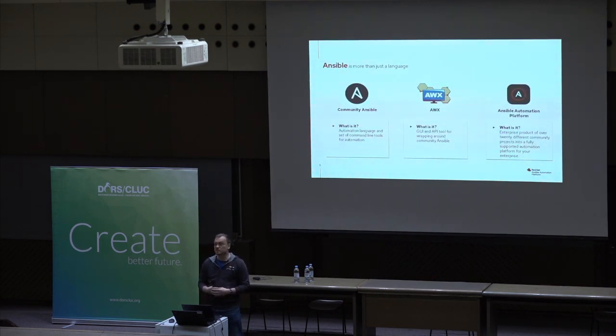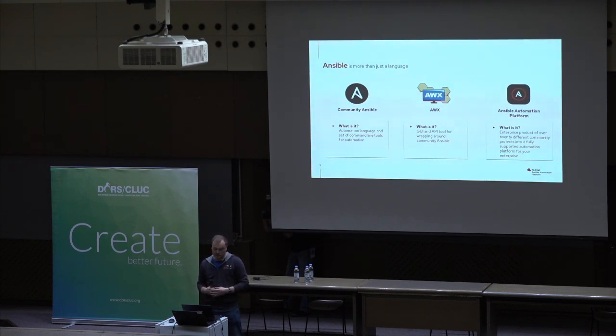But Ansible is more than just a language. We could characterize three kinds of approaches to automation when we want to use Ansible. The first one would be community Ansible. This is the simplest version, which is the automation language plus several tools for automation. Everything is command line based. I mean tools like ansible for using ad hoc commands, or the ansible-playbook tool for running our playbooks,